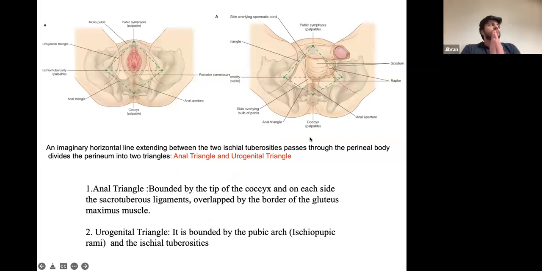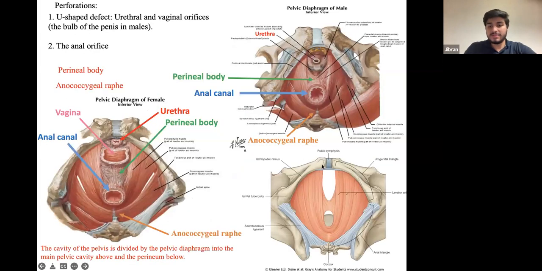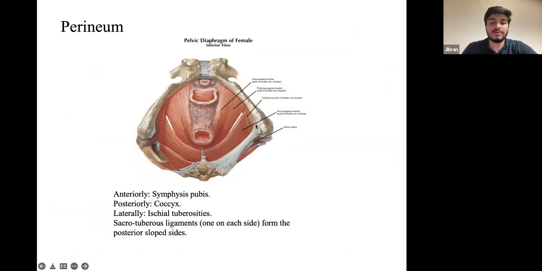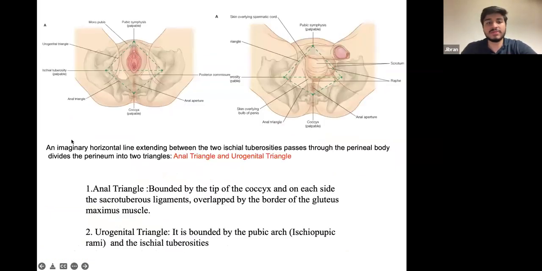Now, the perineum is divided into 2 parts: the anal triangle and the urogenital triangle. This perineum that we discussed is divided into an upper part, which is the anterior part, the urogenital triangle, and the lower part, which is the anal triangle here. They've shown the divisions here. So the anal triangle is basically